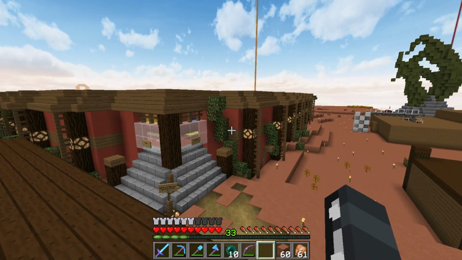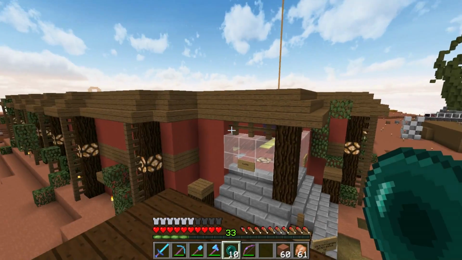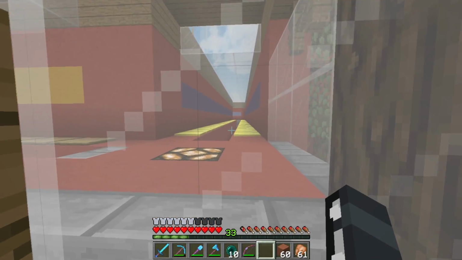But we actually need to finish this off today. This doesn't really need much work. It just needs a little sign saying which way to go. We need perhaps a little chest where maybe we do a bit of a time trial. I might add a few more